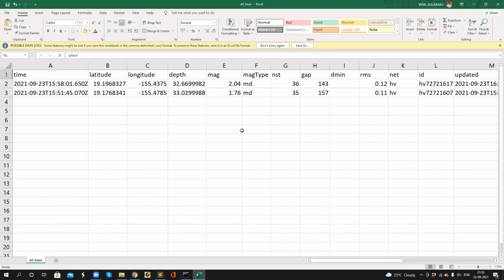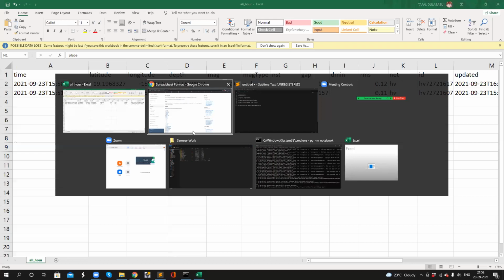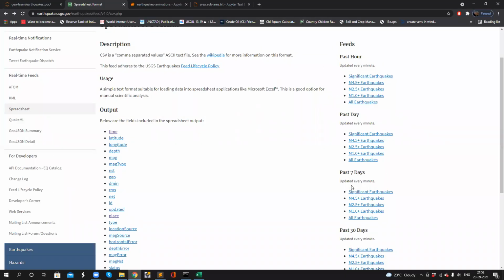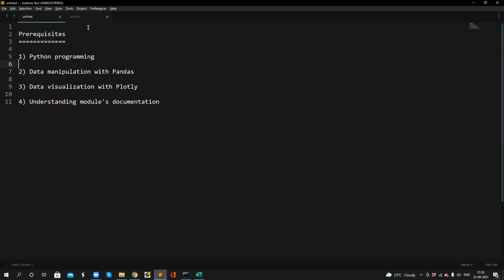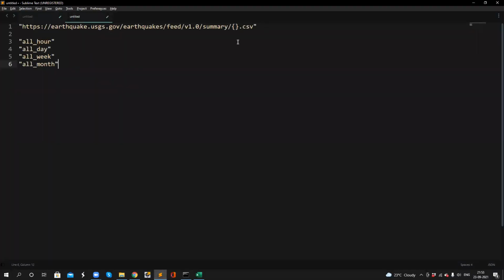But the question now is, how can we take data from this website? We have links provided here. As I said, we'll be focusing on this part in every category. The link looks something similar to this.